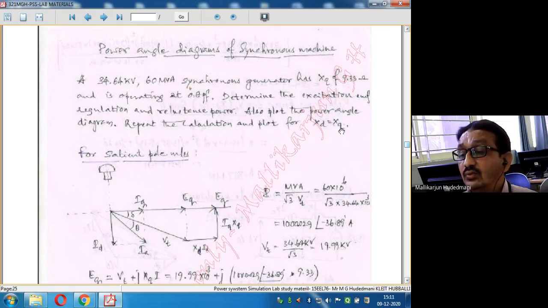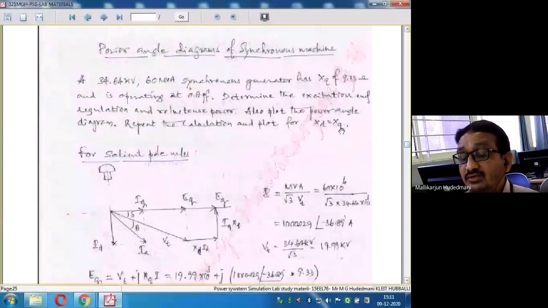Once XD and XQ are known to me, with the capacity and associated current calculation from the capacity consideration, I can complete the requirement. Then I need to find out the internal voltage, excitation EMF, voltage regulation of this synchronous machine, and reluctance power, the power which is opposite to the active power. It means what is the reluctance power, the oscillating power in this machine?